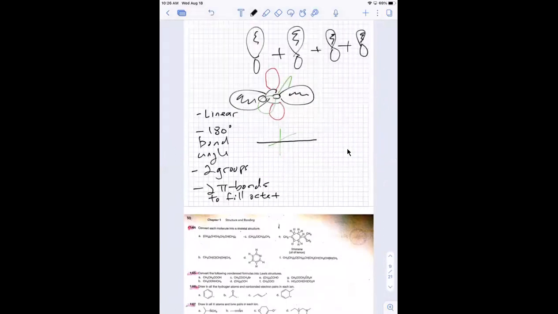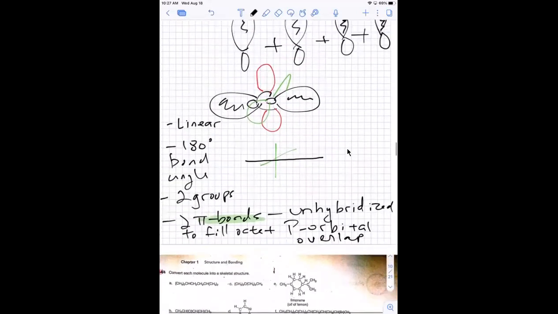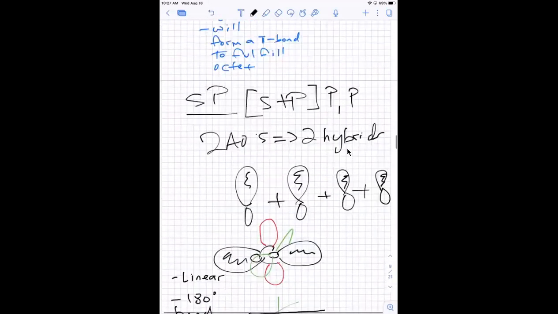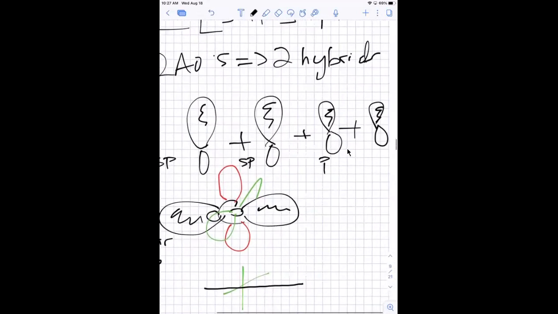No, the unhybridized p orbitals, that's a great question. The unhybridized p orbitals form your pi bonds. Let me say that right here too, because I was going to talk about it later: when you make a pi bond, that comes from unhybridized p orbital overlap. What I don't want us to lose sight of is that when you add these together, one of the consequences of hybridization is that everything gets